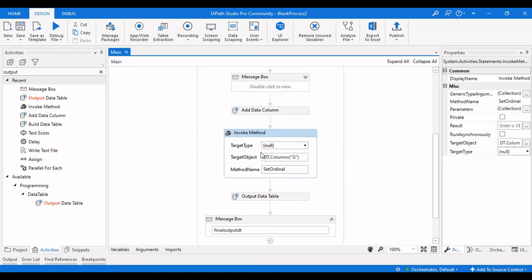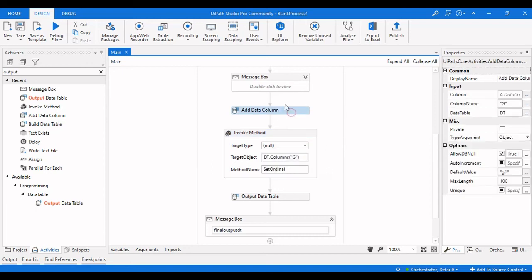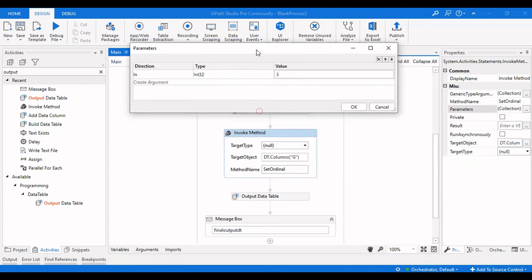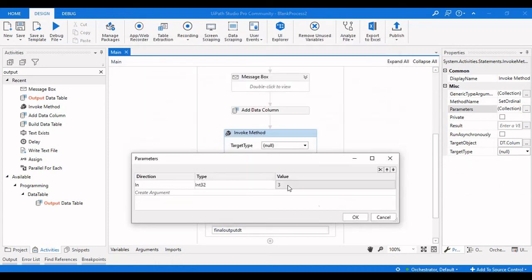And we are using a method called SetOrdinal to actually insert that particular column in between 2 columns. And here we're going to give the target object column, and then we need to pass the arguments. Arguments is nothing but the value.